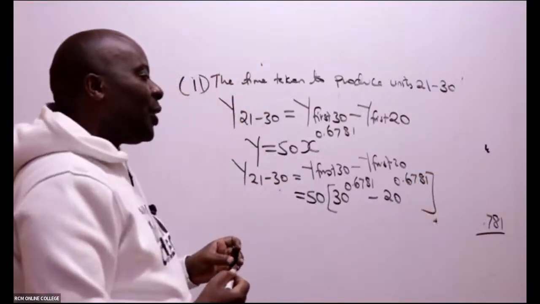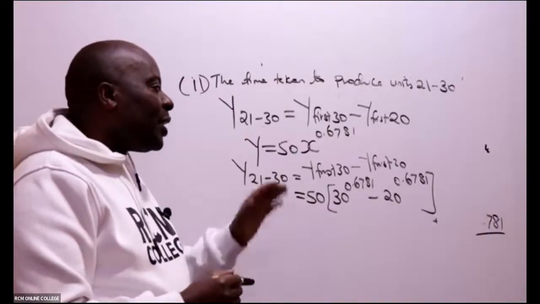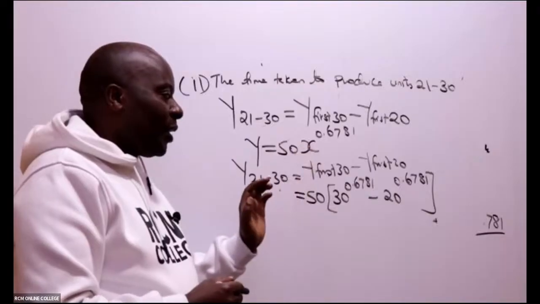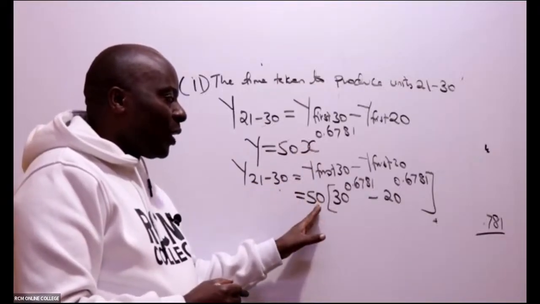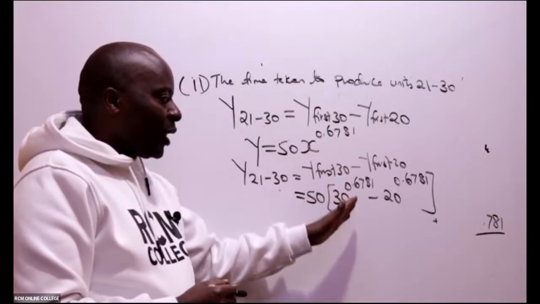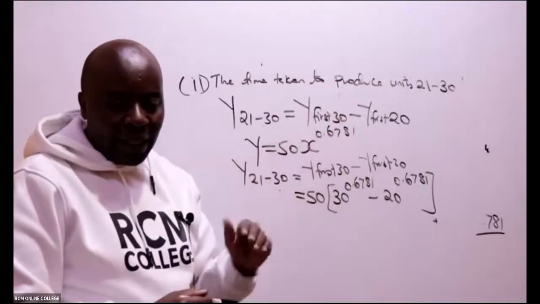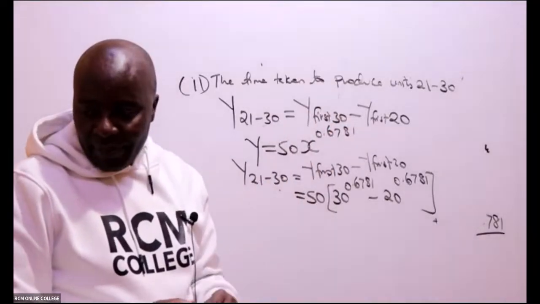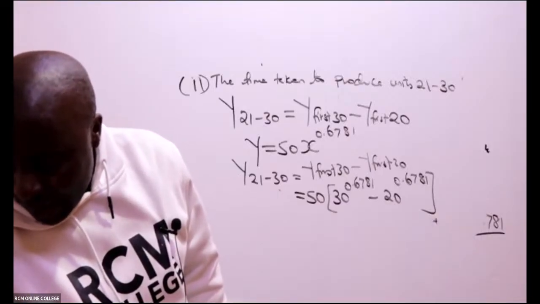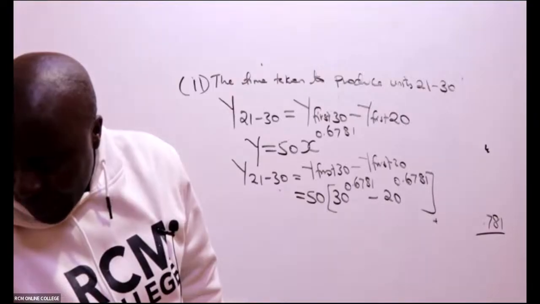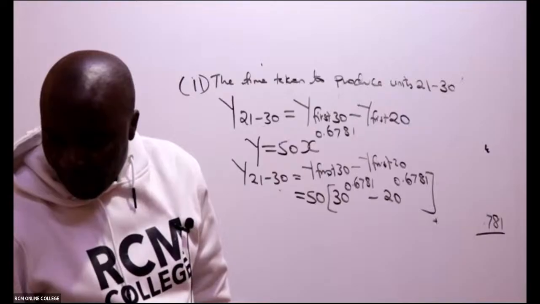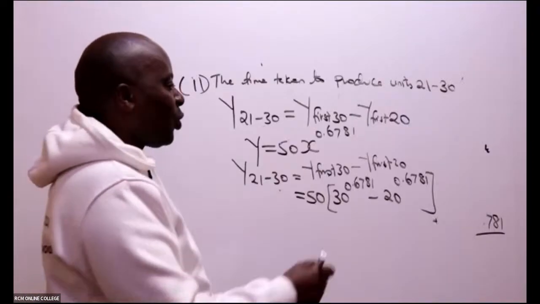So is there somebody who is able to give me this answer? You can either decide to do this separately, but that's quite intensive. I would rather put this A outside because A is applicable to both. So 50 times, open brackets, this raised to that, minus that raised to that. And then I'll be able to get an answer. Is there anybody who is able to get an answer here? I'm lost, okay. So we have 120.65.